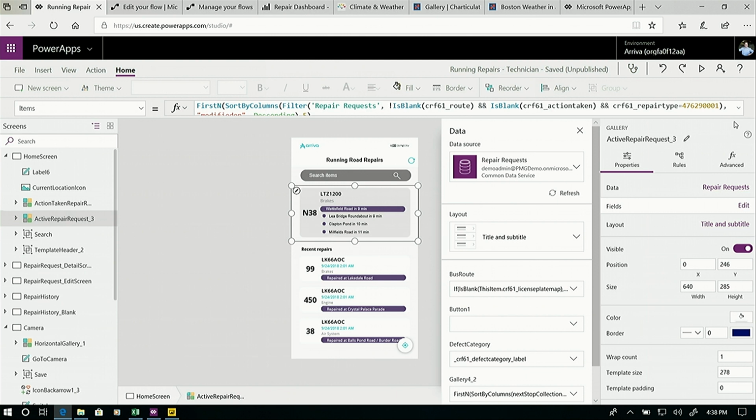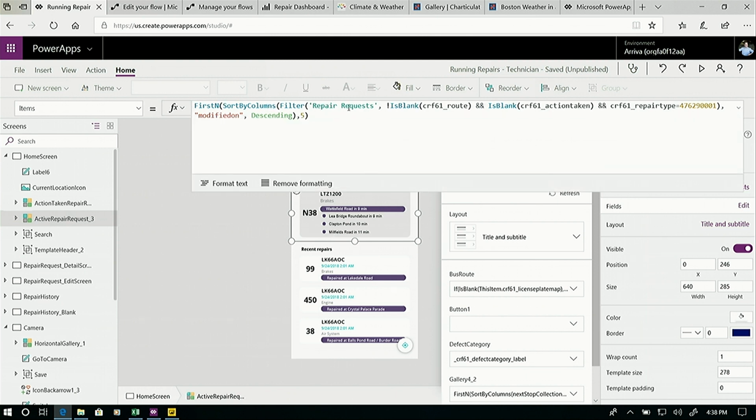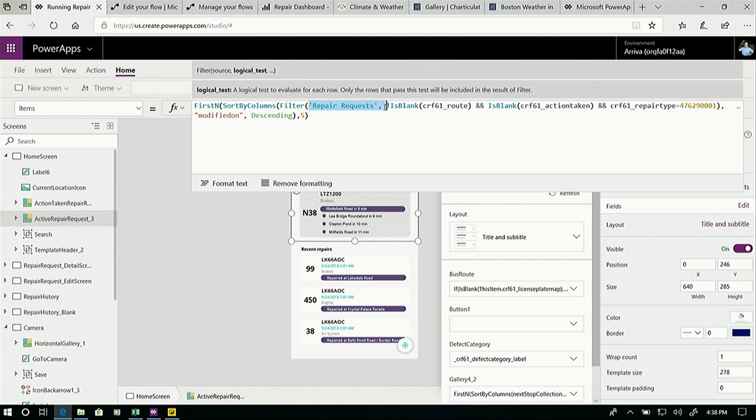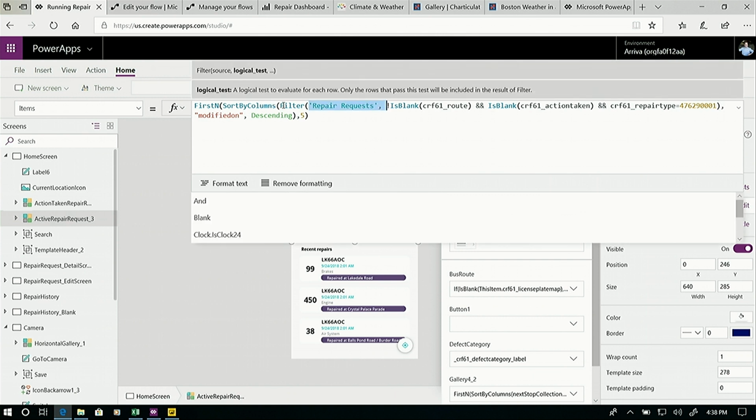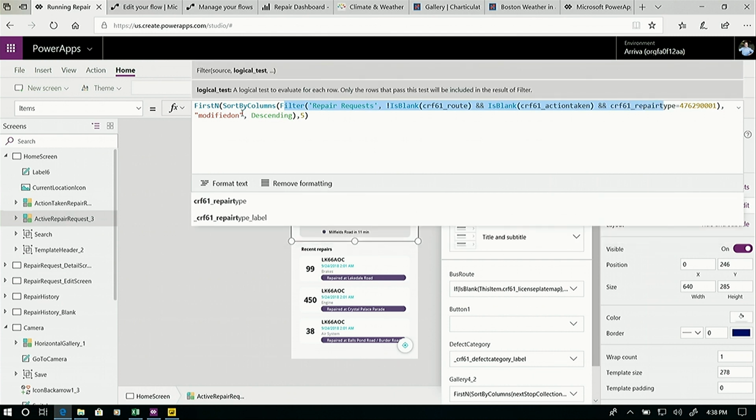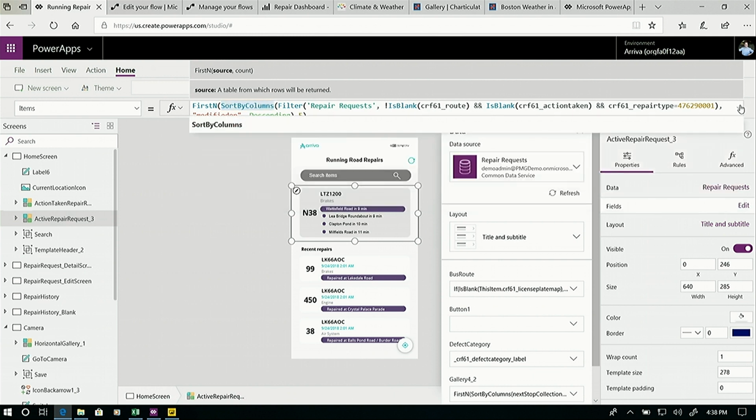And this has a similar expression up here, which is basically saying, hey, I want to take from the repair requests table in the common data service. I'm going to do a filter based on the fact that there's been no repair action taken. I want to sort by the ones that are most recently done. That's what sort by does, and take the first 5. So a very, very easy way to snap these things together on these screens. But that's not super interesting necessarily, right? Just to go review the different information.